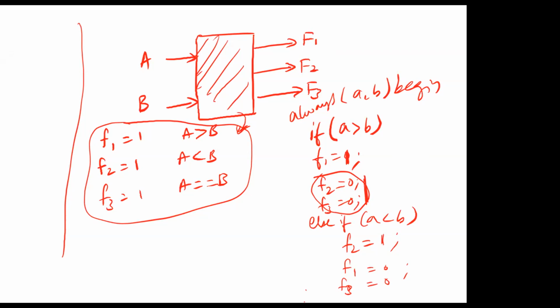That is the reason we have to explicitly declare F2 and F3 in each of these cases, right? Or else you'll find some weird things, like there are some implicit nets declared, there are some latches being formed, there are some values being taken from the previous stage. To avoid those, we want to be as clear and as explicit as possible, and we generally write things like this. Is it clear for everyone?